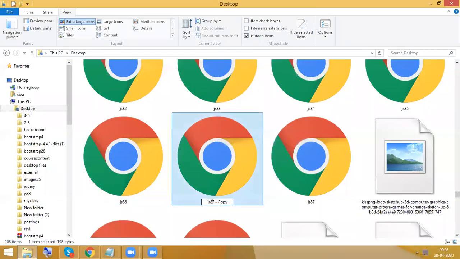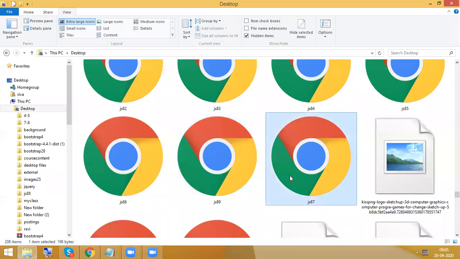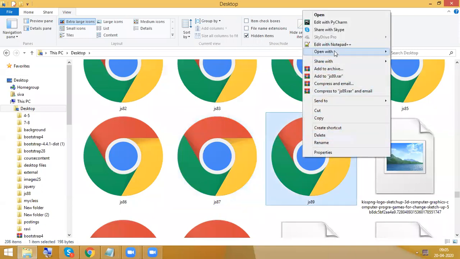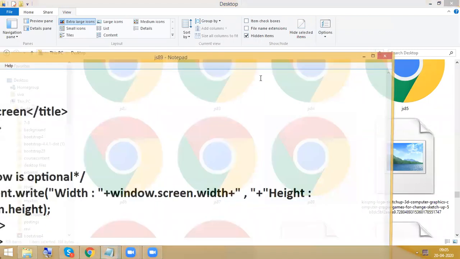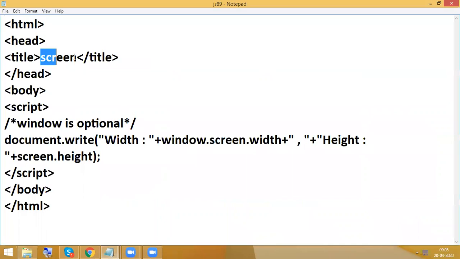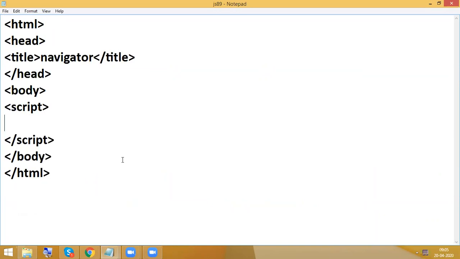So JS 89. Open with Notepad. Whatever navigator example we are going to discuss, everything is predefined, which includes some browser information. You can write the script anywhere, inside the head or inside the body. So document dot write navigator dot, I'm going to write appName.